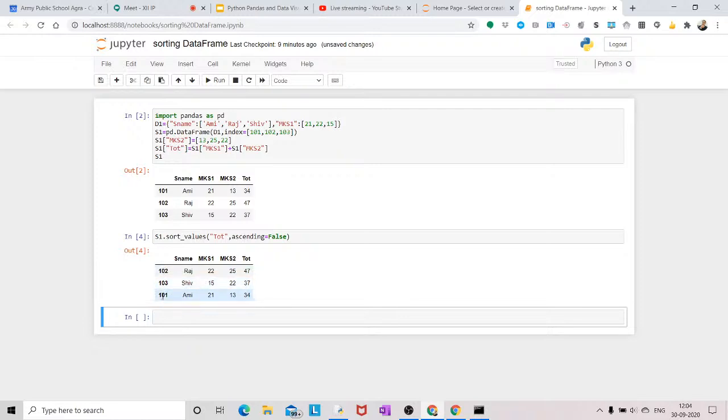See, our indexes are changed, and this is in descending order of total. So 47, 37, and 34. And if I omit ascending, or if I give ascending is equal to true, then it will be in ascending order of marks: 34, 37, and 47, 101, 103, 102. So this way we can add the fields,